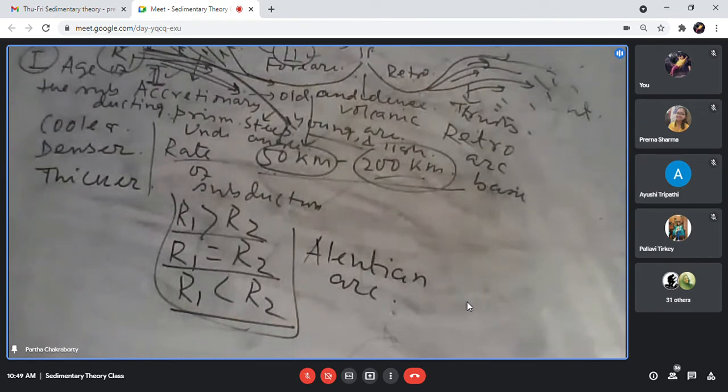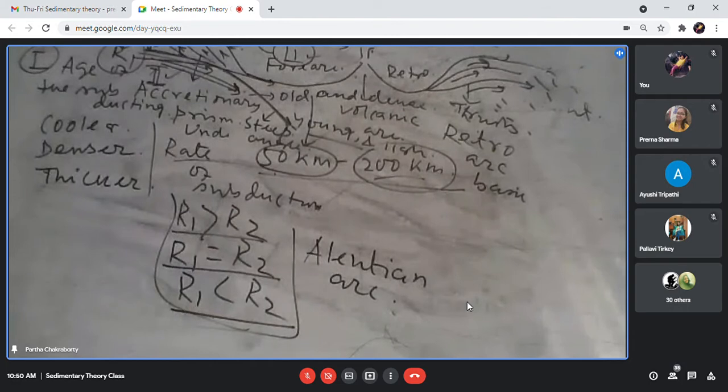But if it is an ocean-continent subduction, in that case, there will be some role for the continent to play. So it is not a uniform sedimentation in these basins. It depends upon whether it is ocean-ocean or ocean-continent. In the case of ocean-ocean, it is essentially starved and will not get any supply from the continent. In the case of ocean-continent, you will get supply from the continent as well. Now I will come one by one. Suppose first coming on to the trench basin.